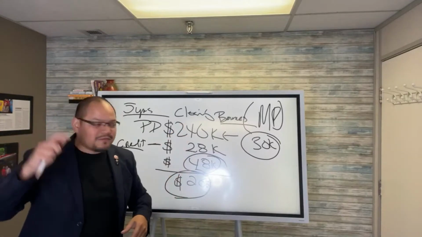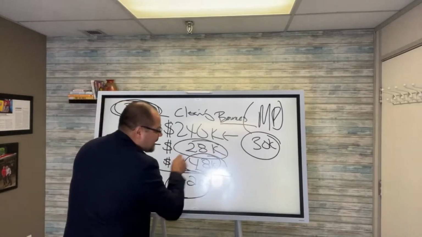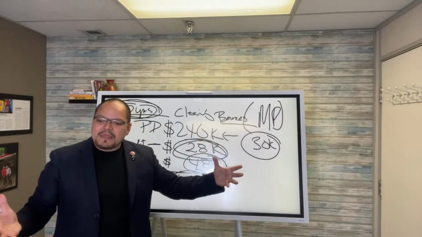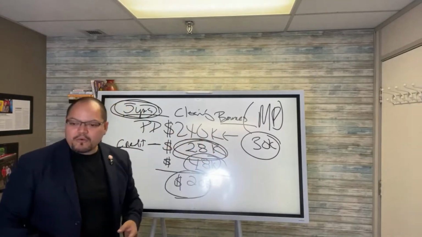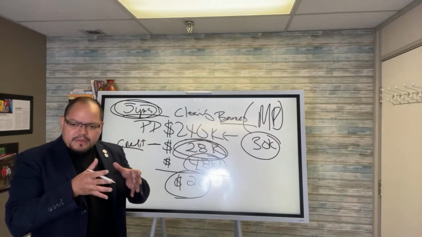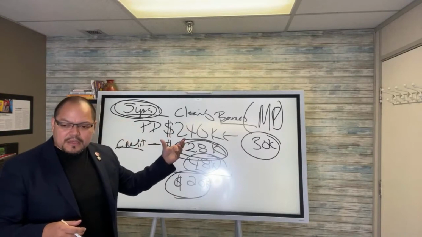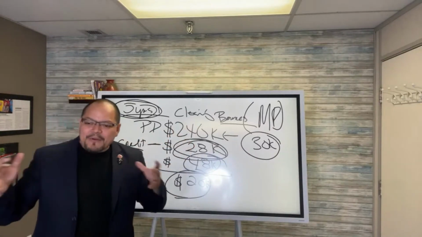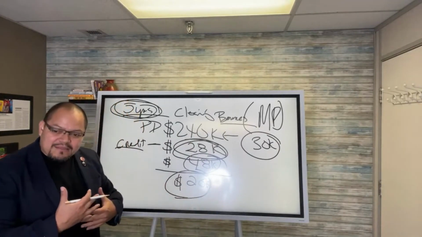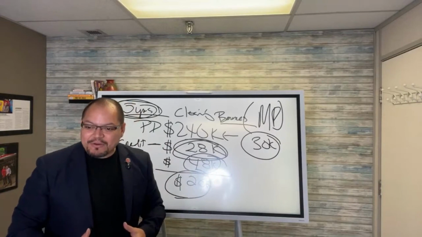And so here's the biggest thing. In the 5 years, not only did this tenant buyer accumulate the $28,000 of credit, but the value of the property is way higher than the $240,000. For example, I just did a deal like this where they extended it once, and we had an agreed purchase price of $240,000, but the property was worth $500,000. So that means this tenant buyer had the ability to get into the game and build $250,000 of equity